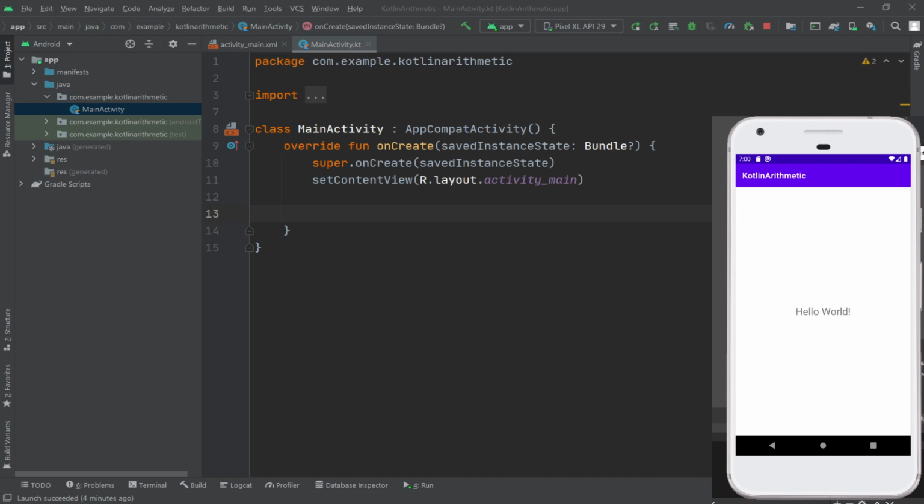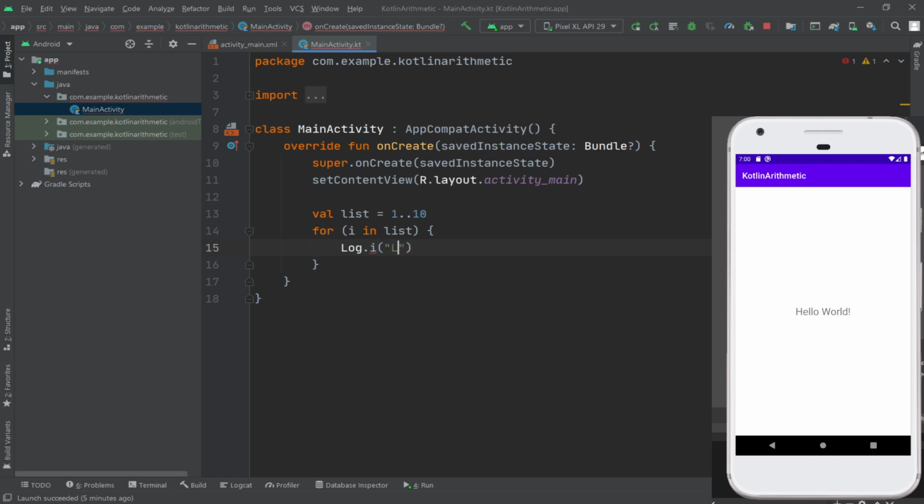For example, let's create a list as we did earlier. val list equals a range from 1 to 10, and let's loop for e in the list,